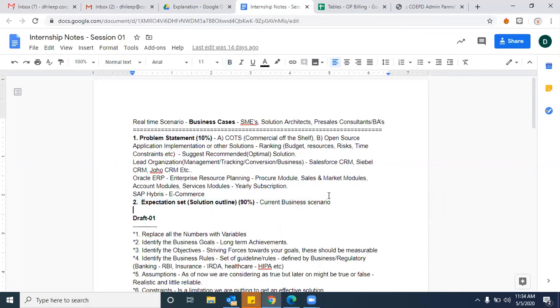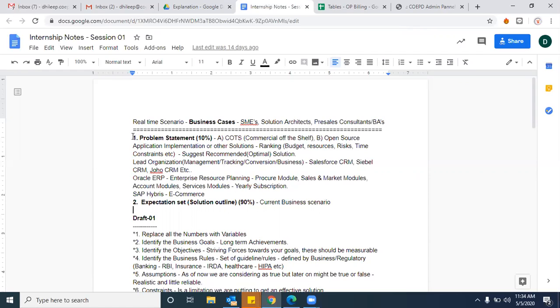He's going to put up an expectation with us. In a few scenarios, he may give a single short description, a single statement or a single line. In a few scenarios, they may share an expectation set in a document as well. But ultimately, the expectation set is nothing but the client has a clear vision of what he is looking for and expecting from the IT industry. That is the second scenario.